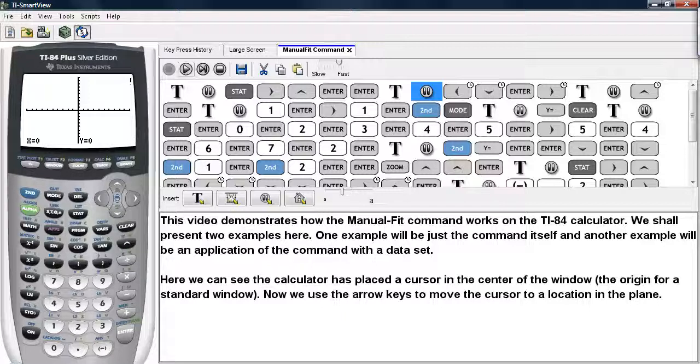And here we can see the calculator has placed a cursor in the center of the window. Now we use the arrow keys to move the cursor to a location in the plane. So we'll go ahead and scroll a little bit to the left, and then we will scroll a little bit down, and then we'll hit Enter to say this is where my starting point is. And then I'll scroll a little bit to the right,